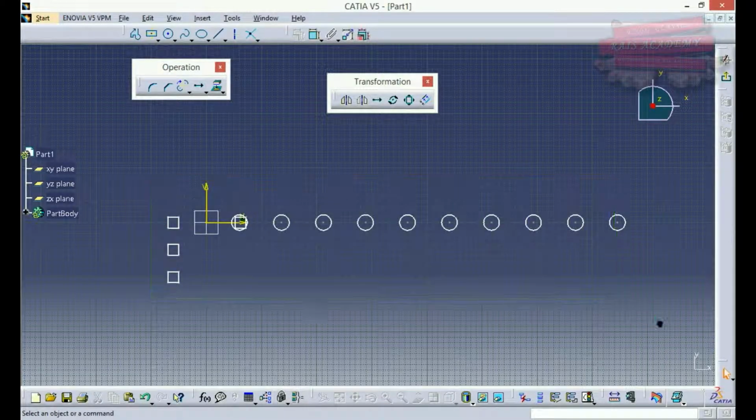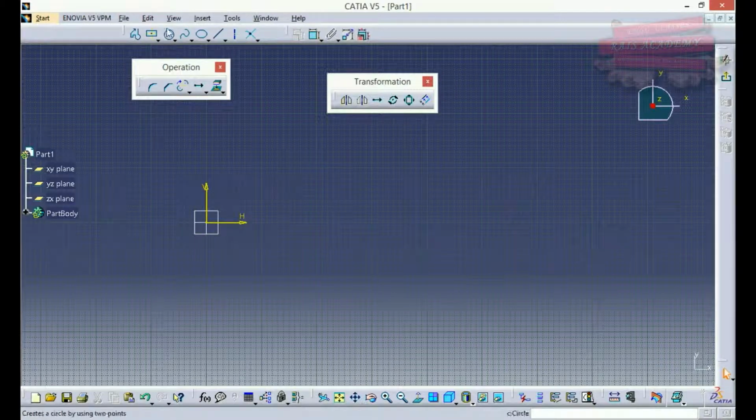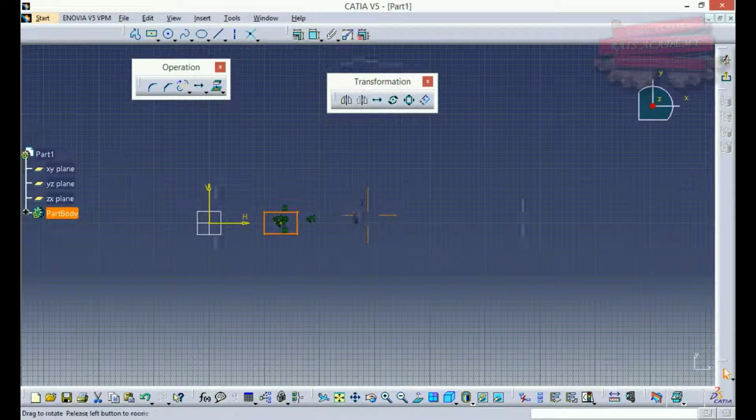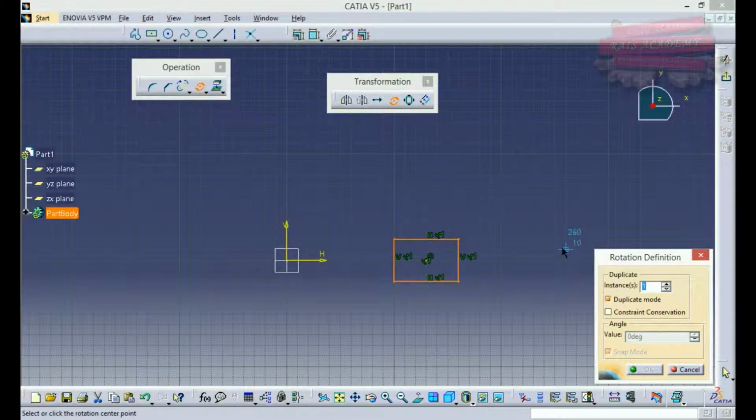We'll delete some of the geometries. Okay, now I'll create another geometry over here. Now here one option is there, that is rotation. It is similar to the previous operation: we have to select the object. Now again we have to select the instances. If you want to just rotate it, I'll strike off the duplicate option. I have selected the object.